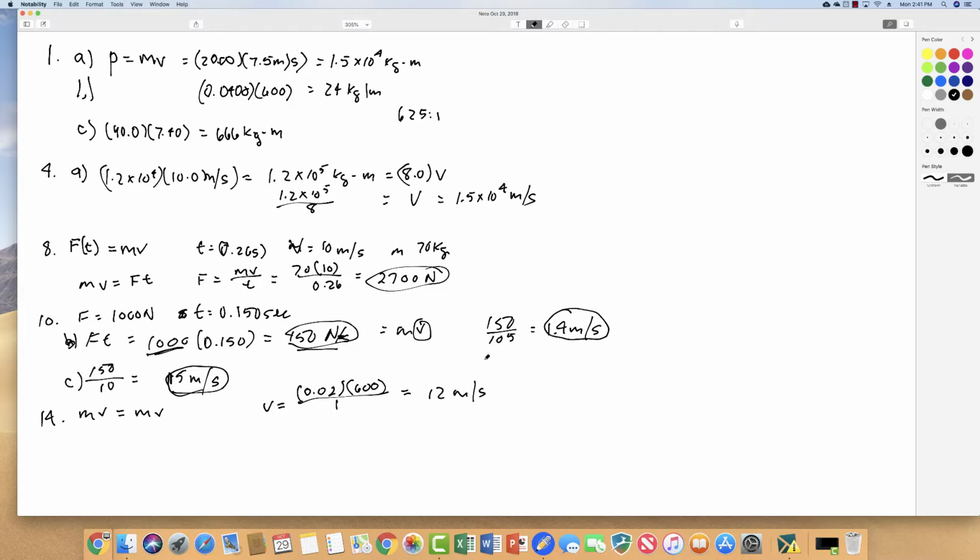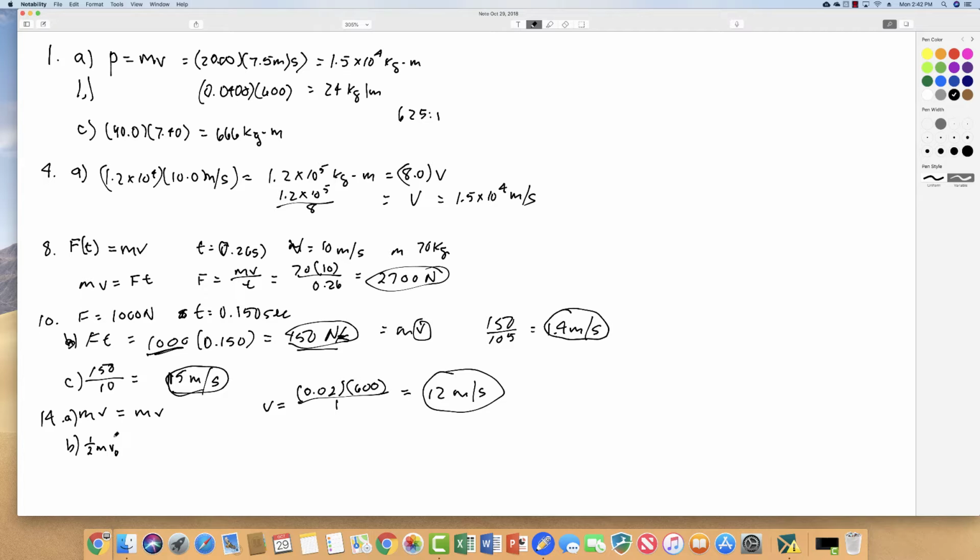So without the dampening mechanism, the recoil of the gun is 12 meters per second. Now the second part of the problem states, if this part is stopped over a distance of 20 centimeters, what is the average force exerted upon it by the gun? So what we have to do here is look at the